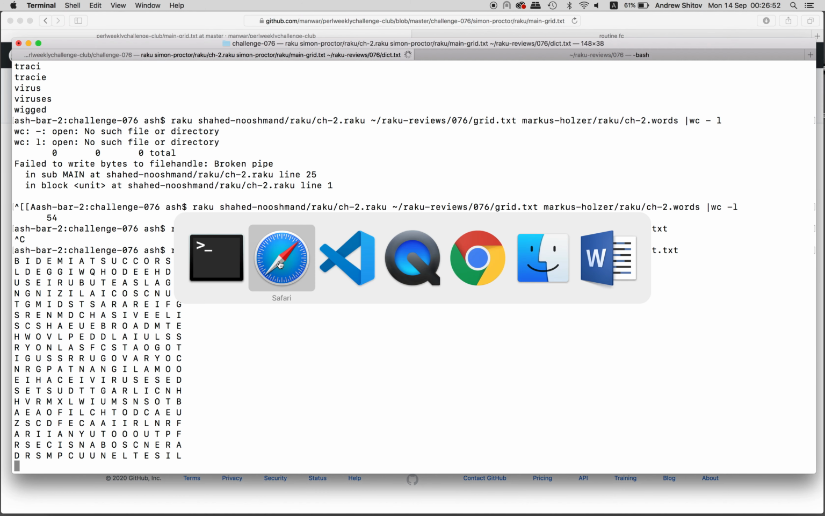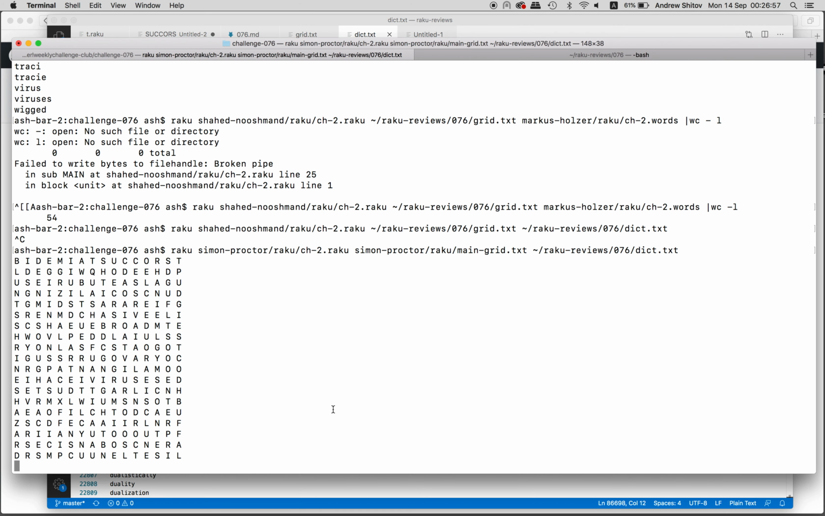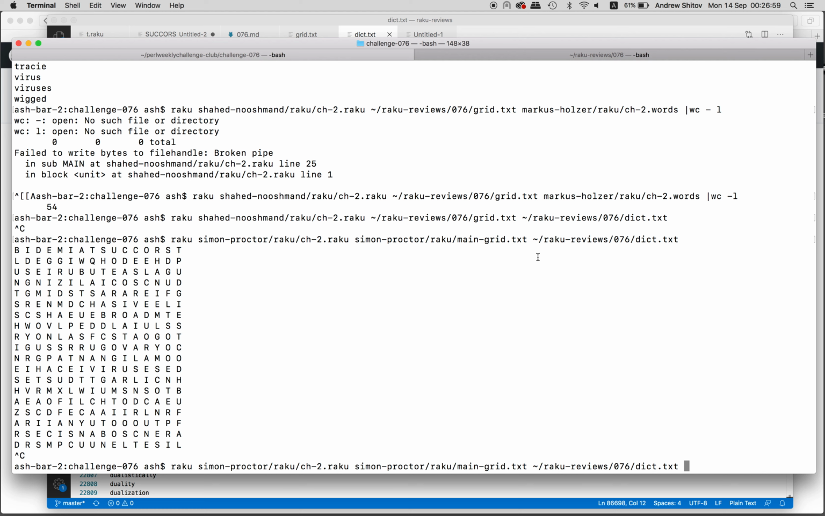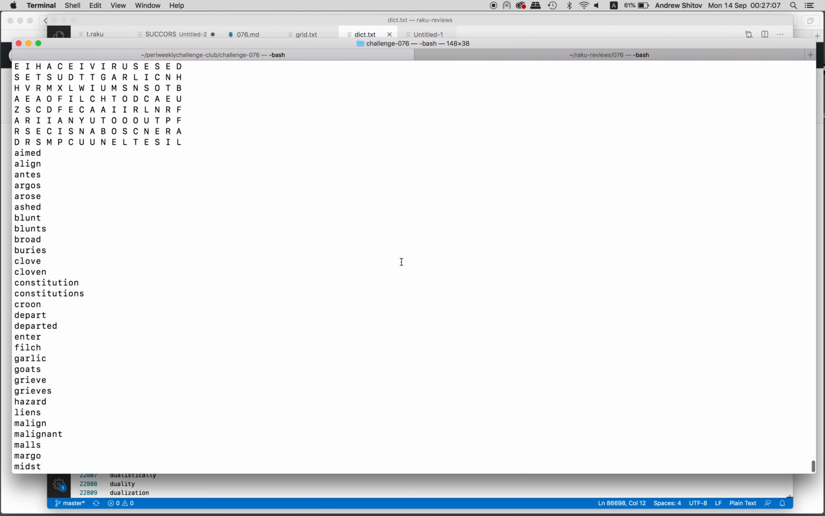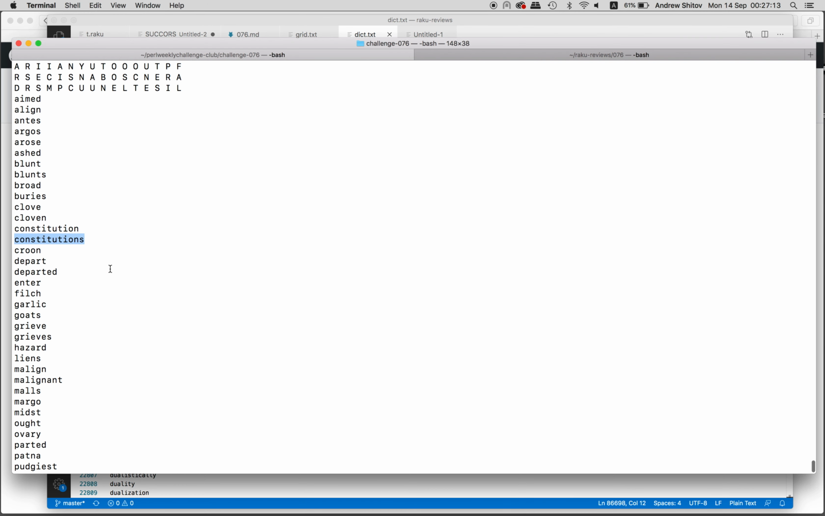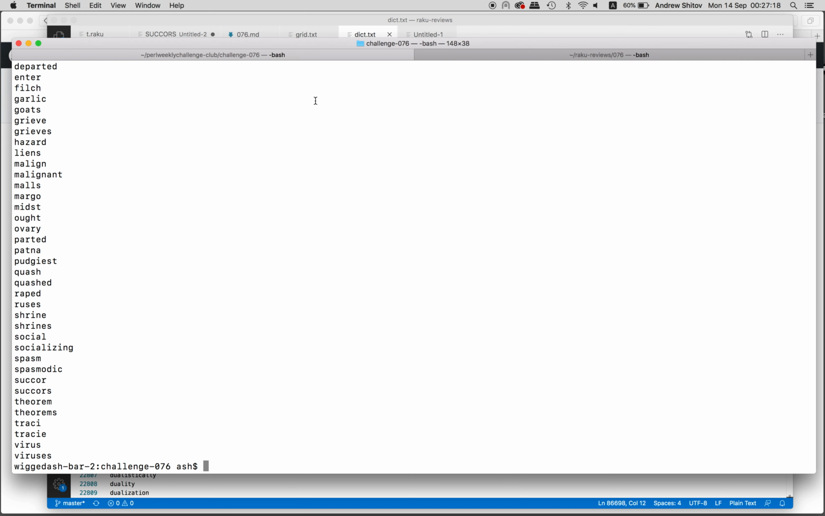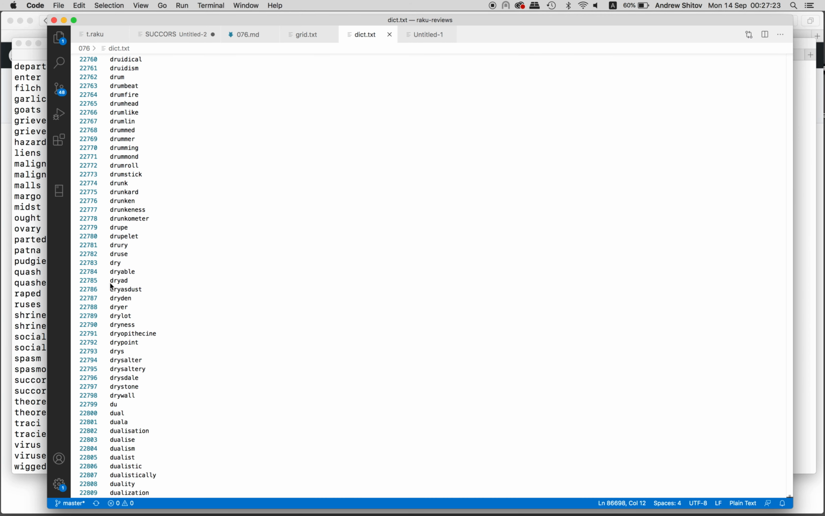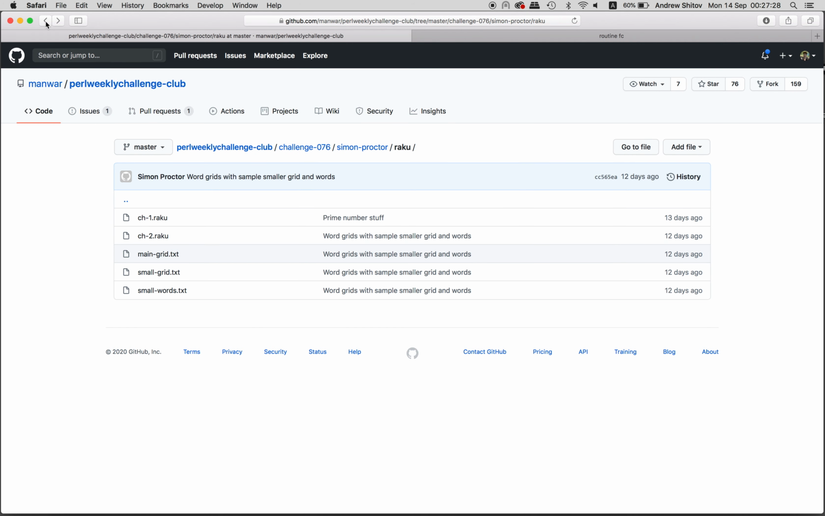Right, so probably we want to make the dictionary small enough. Again, maybe we can just use the one from Markus Holzer's solution. Right, so here are the words that we found: Constitution and Constitutions. I wonder if it's there, right? Where is it? Yeah, so both of them. So remember there was a solution which uses a module to just create the plural form of the word. Okay, going next